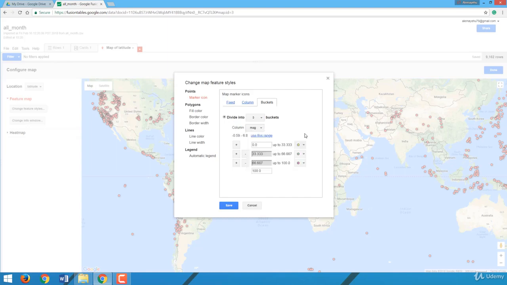So I'll click mag, and by default it gives me the range of the magnitude, the earthquake Richter scale measurement, from minus 0.59 to 6.8. I'll use that range, so I click use this range for creating my legend and also changing the visualization parameter. So I'll click use this change, and then it just